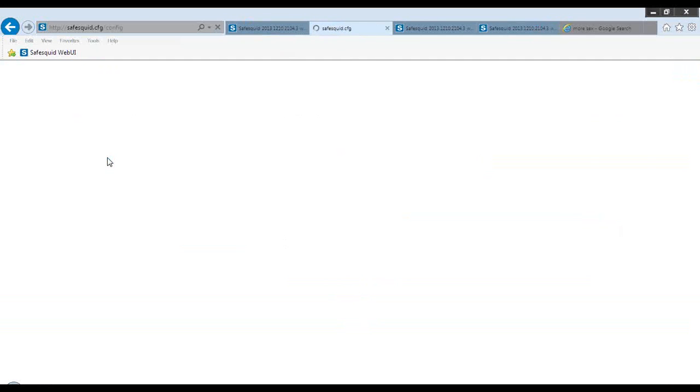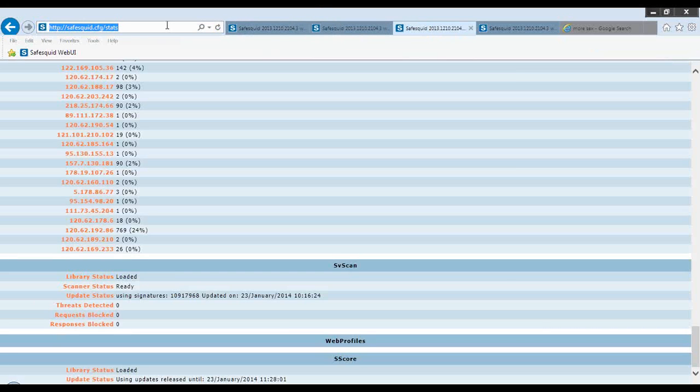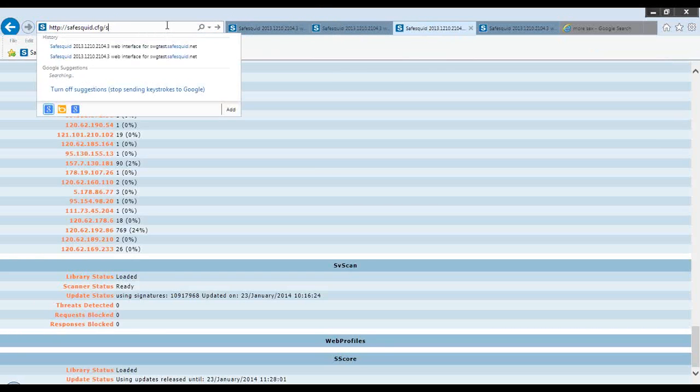Having done that, the users will basically be required to download the root SSL certificate, the public key of it, and they will have to install it in all the browsers that they are going to use. Unless they do that, they will keep facing problems. So you'll have to get that part done. I'll show you how you would be downloading the root SSL certificate, the public key of it. It's very simple. It's built in.